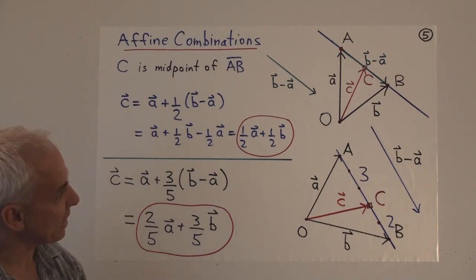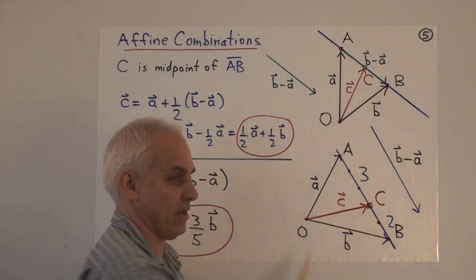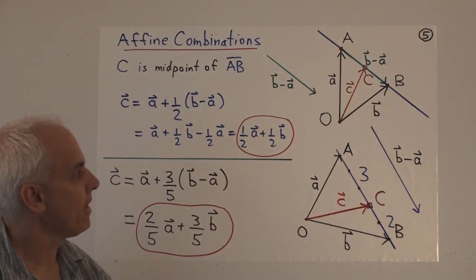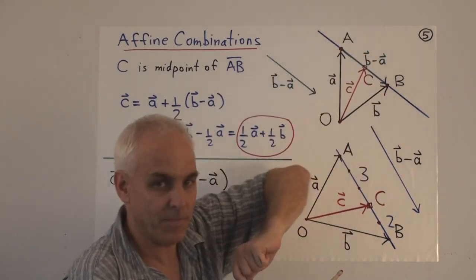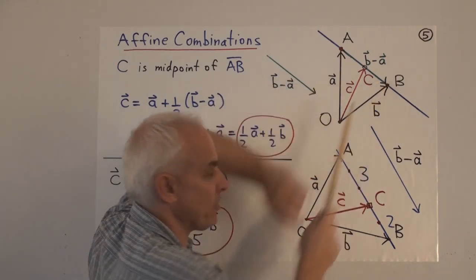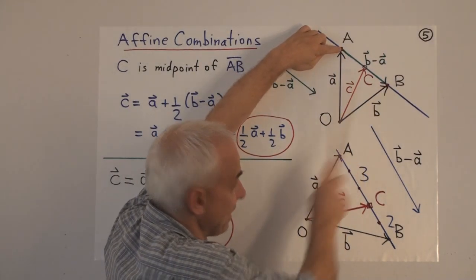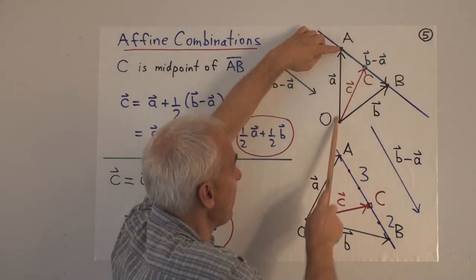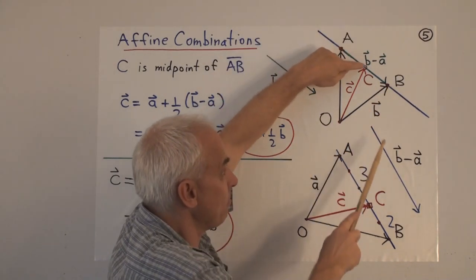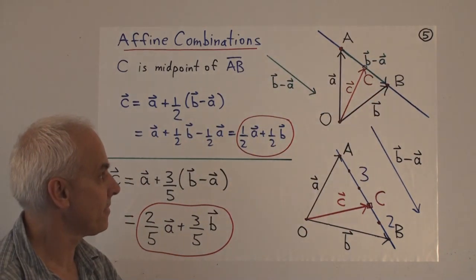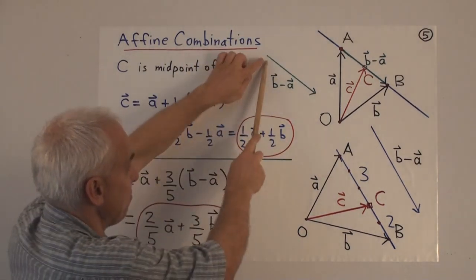Okay, so what we'd like to do is express the vector c in terms of the vectors a and b. The important thing in a picture like this is to get a hold of the other side of the triangle. And that's a case where subtraction of vectors is relevant. So if we consider the vector from A to B, that's going from the head of a to the head of b. So that vector is the vector b minus a. And I've drawn it over here. There's another copy of it so you can see it very clearly. That's the vector b minus a.